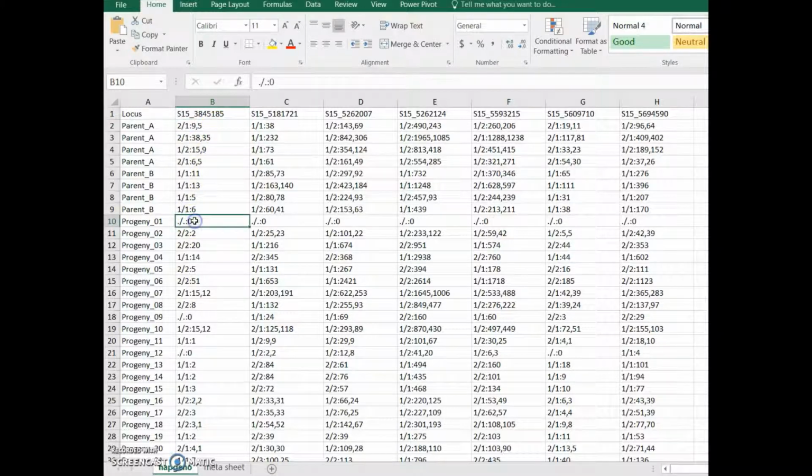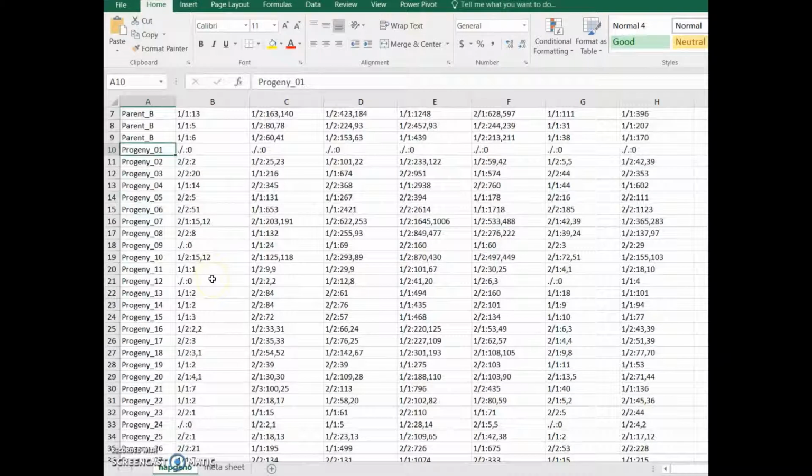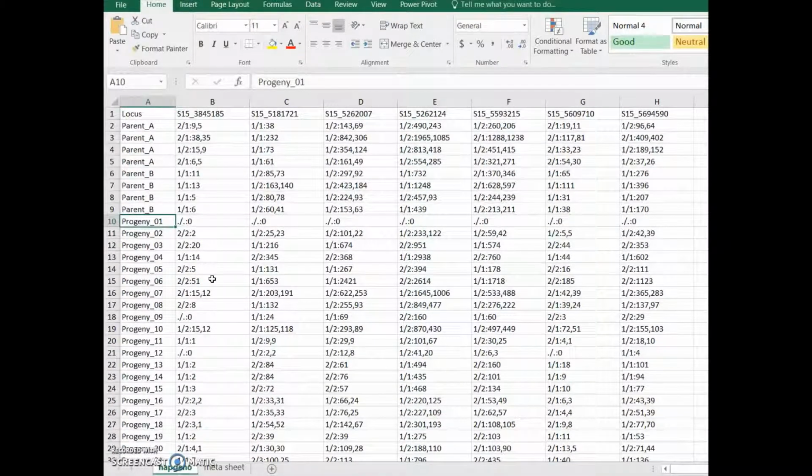If there's missing data, you would see something like what I have highlighted here: ./.:0. Basically, there was no data returned. For progeny 1 in this case, no data was returned. Okay, so to get started,